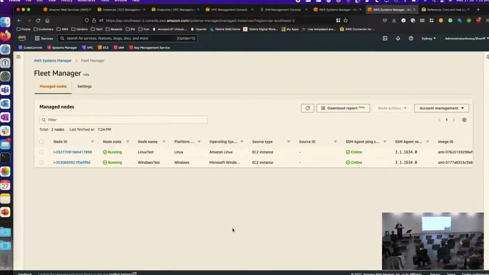Well, a lot of this stuff is still fairly new that's come out. AWS is constantly adding new features and fixing things. As I said,